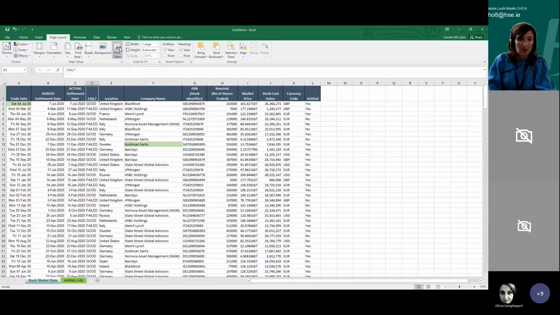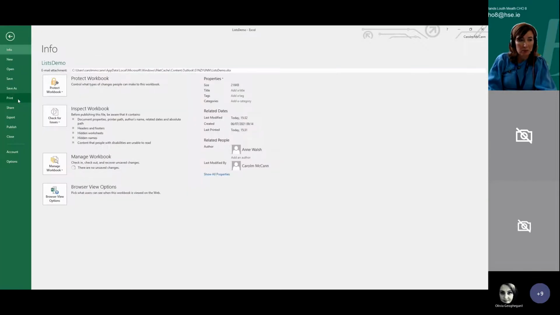So when I click on that, I want these rows to repeat at the top. I click on the little blue and red button at the end, and you have to click on the row that you want to repeat at the top. It highlights in green, and then you press the little red button again, and it shows up that row. Then you click OK. Now when I go into my file and print preview,